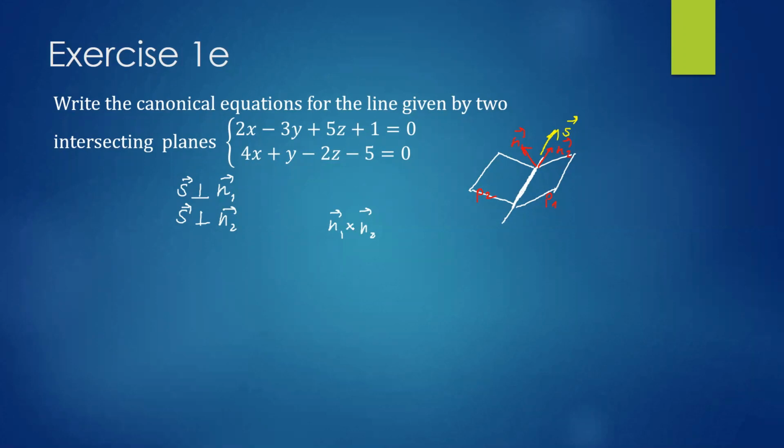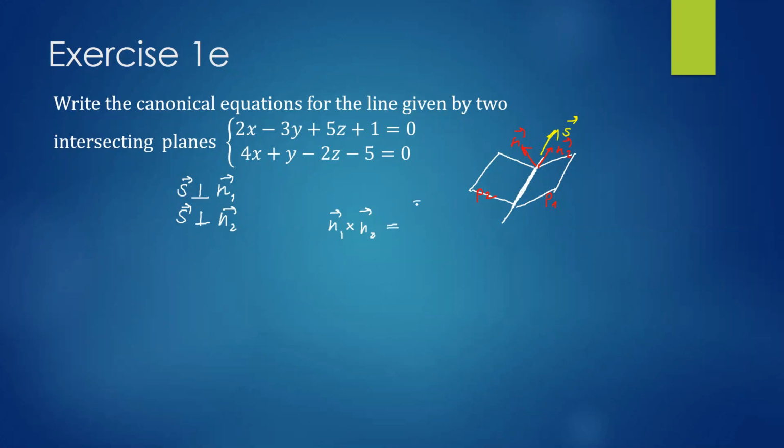That is, it will be collinear to the line. So it will give us one possible direction vector for this line, and then we can see whether we need to adjust it or not. So now let us